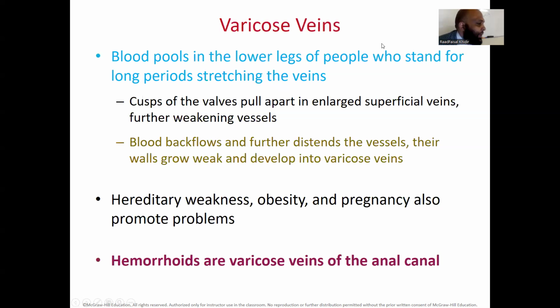What are varicose veins? This is very important to understand. Varicose veins are a disease that happens to pregnant women, obese people, and people who have an occupational hazard. People who stand all the time, like the traffic police, like nurses, like teachers. If you're standing on your legs all the time, what happens? What happens is, the blood, when it gets to your foot,